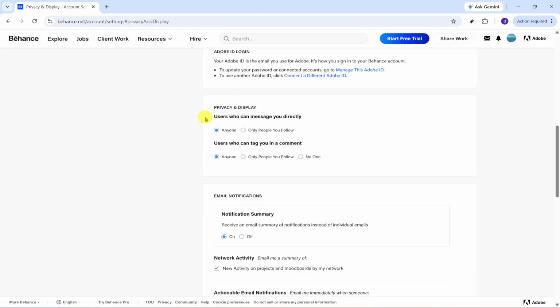Now stay with me here because this is the key part. Inside Privacy and Display, click on Display, then look for Behance Visibility. This setting determines who is allowed to see your profile. If it's too restricted, your profile may not appear to other users the way you expect. When you find Behance Visibility,